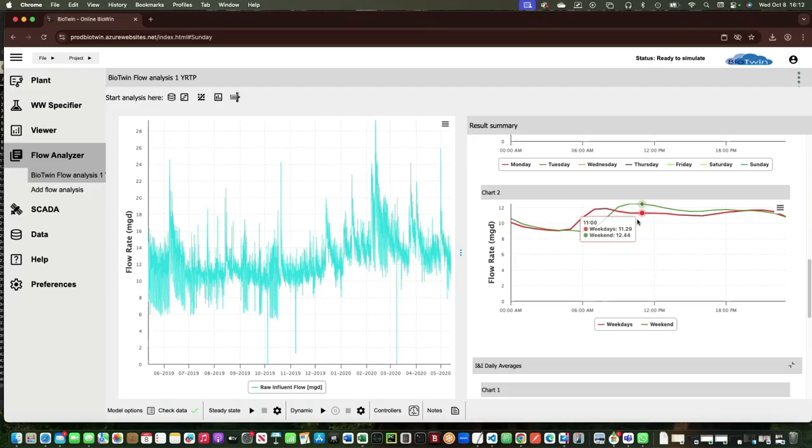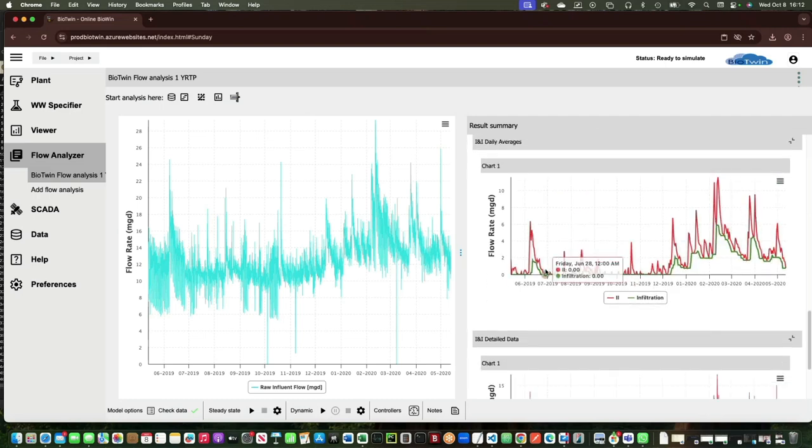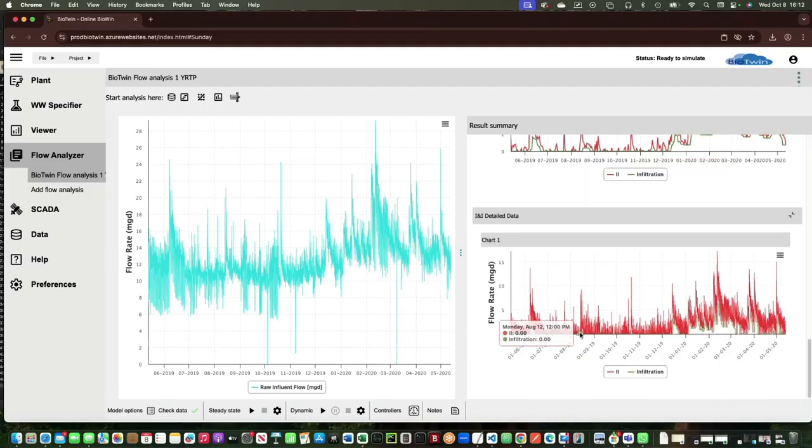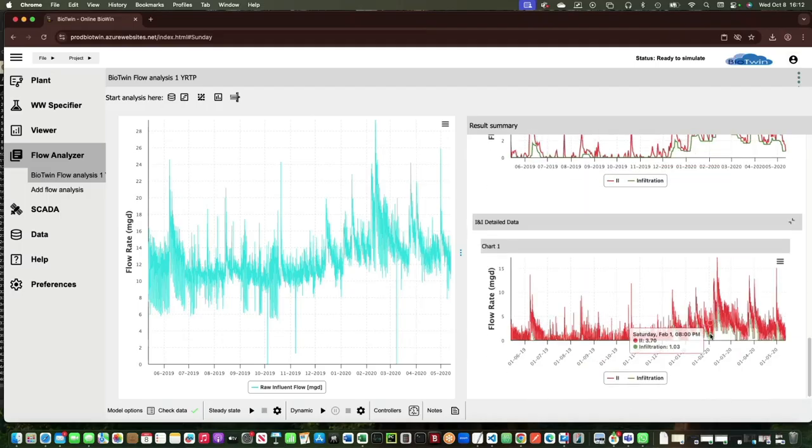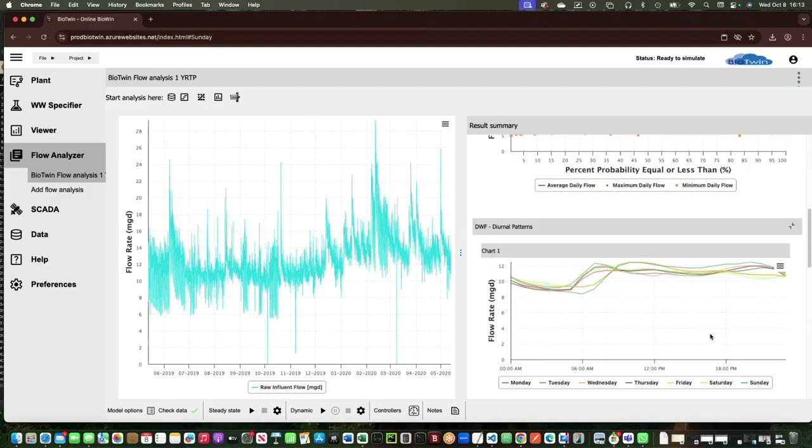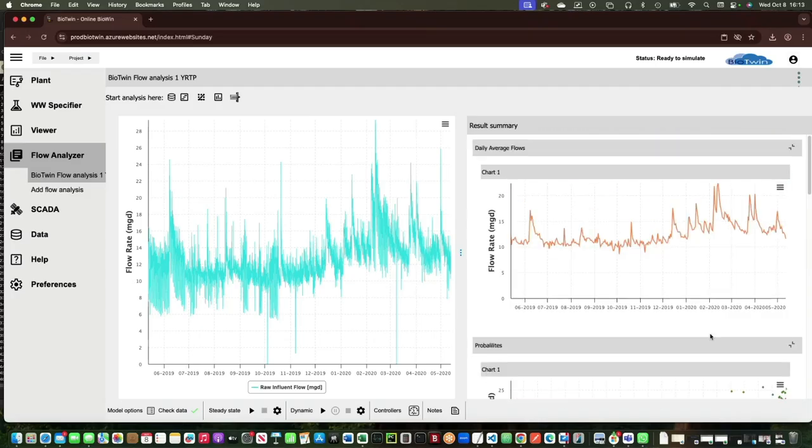And we also see that shift between the weekday and weekend in that peak. It also has the daily INI trends as well as the hourly INI trends. And once you have a flow analysis done, or you open up an existing flow analysis, you can add these